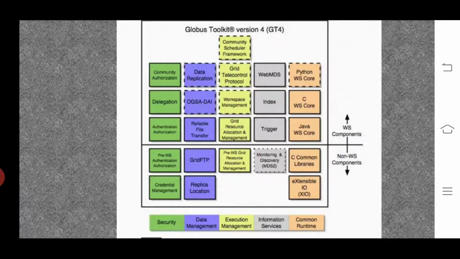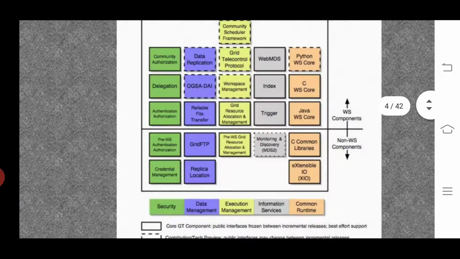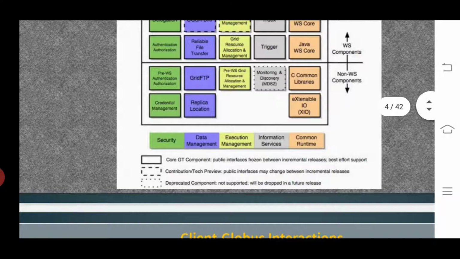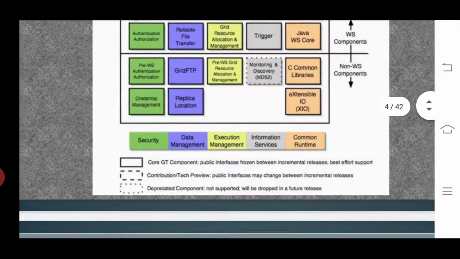Here, the thick dark lines, the square box with dark black lines on all four sides, indicate the usage for security purposes.